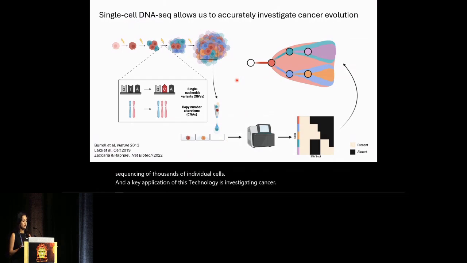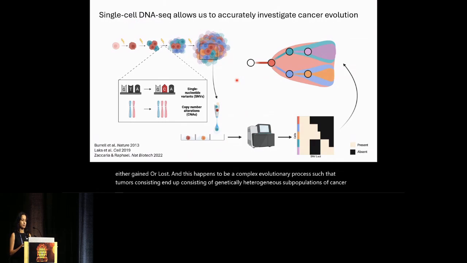So tumor progression involves the acquisition of genetic alterations, such as single nucleotide variants, or copy number alterations, whereby large contiguous regions of a genome are either gained or lost. And this happens via a complex evolutionary process, such that tumors end up consisting of genetically heterogeneous subpopulations of cancer